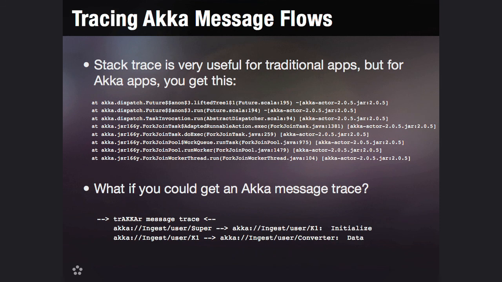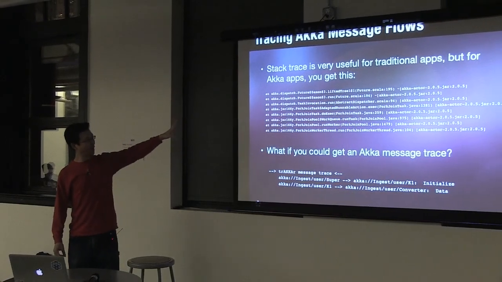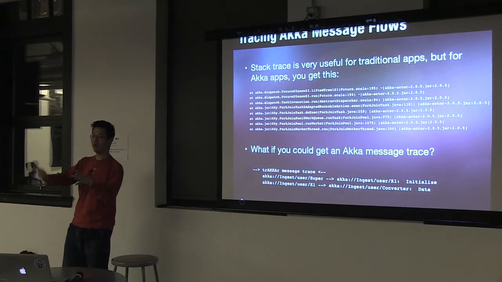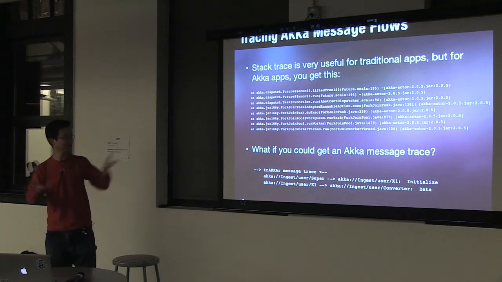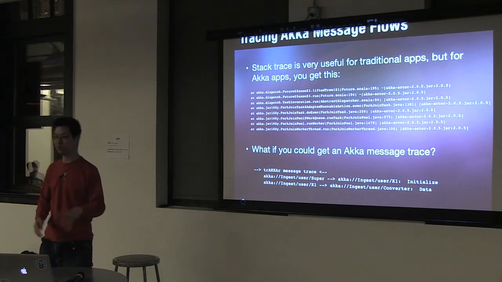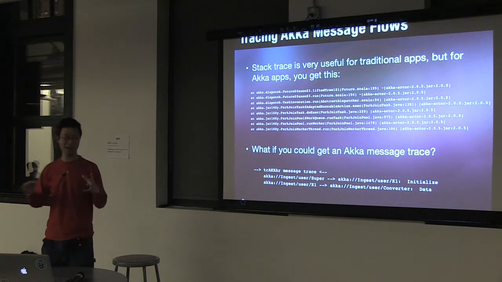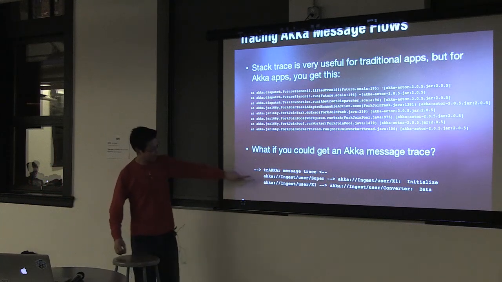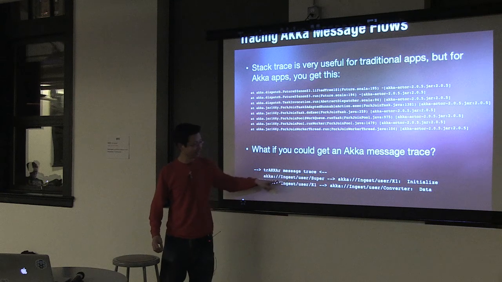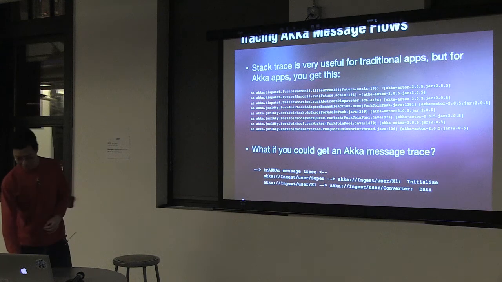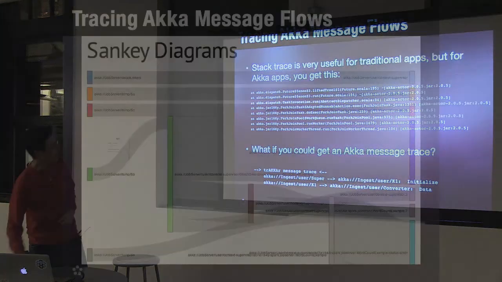So one thing that is hard about Akka development is stack traces, because you see something like this. You see a few messages and then a whole bunch of Akka dispatch or JSR166Y or something like that. Basically, you can't see past when you've received the message, because that's a fork join pool and dispatch stuff. And you realize that it'd be really nice to get an Akka message stack trace, where I can see that I've gone from this actor to this other actor to that other actor. So we can actually use the stackable trait pattern to solve this problem and get really nice message